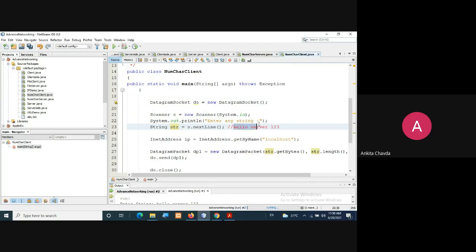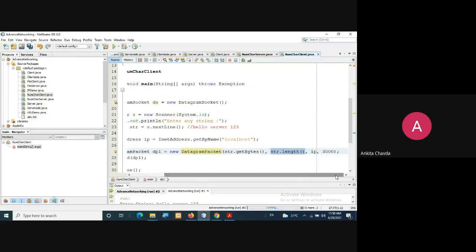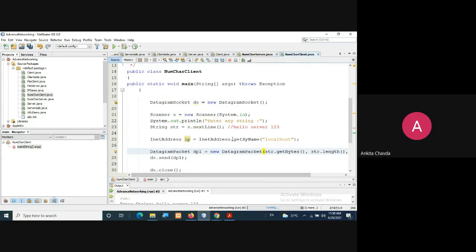So actually this is your string, and here I am passing the bytes: str.getBytes, str.length, and I need to pass the IP address and the port number. So IP, I'm simply taking via the getByName method.